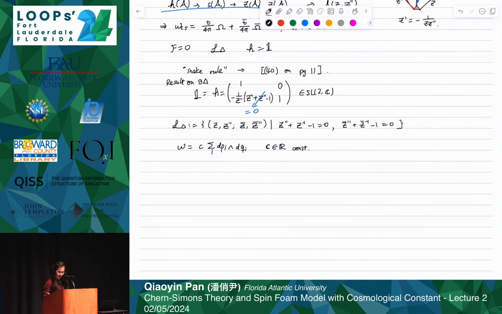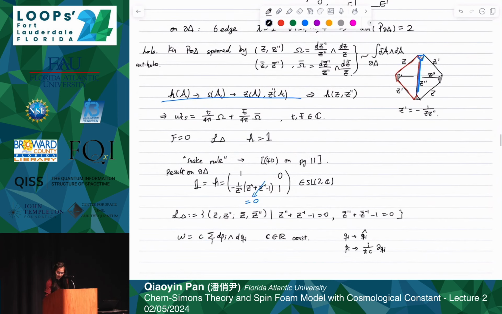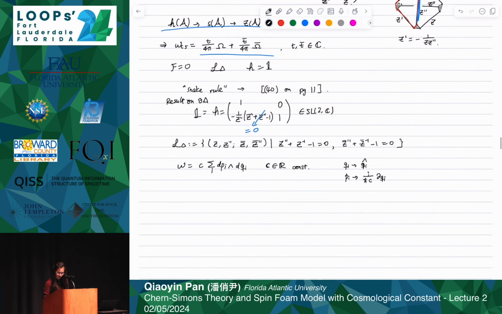I just quantize q to a multiplication operator, q hat, and p is quantized to a derivative operator, h bar partial over q_i. Then I know how to quantize it. But here, our symplectic form has dz double prime over z double prime wedge dz over z. So it's not in the same form as what we are familiar with in quantum mechanics. So how do we do that? We do that by doing a